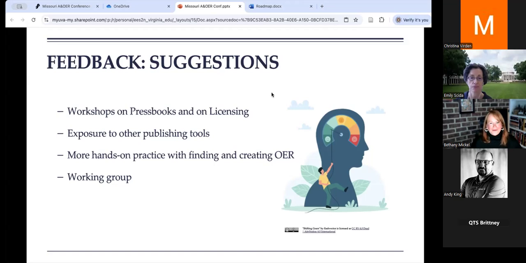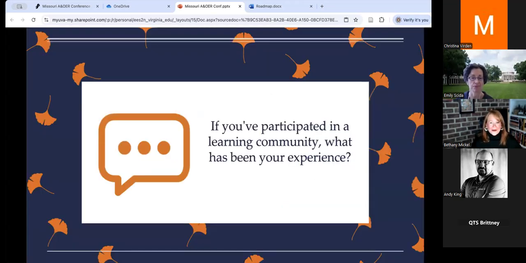And before we move forward, we'd like to invite you to share either in chat or through audio what your experiences have been like if you've participated in a learning community in the past. You can share aspects that have worked really well, what you've liked, and things that you would like to share with those of us who are creating communities, things to keep in mind.